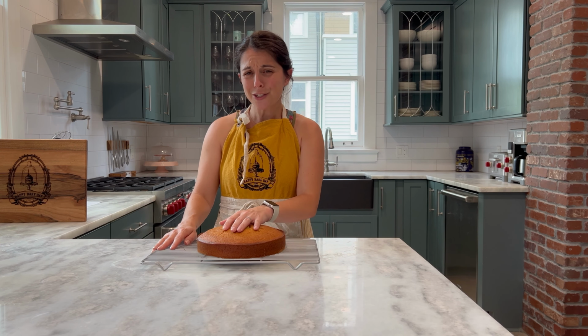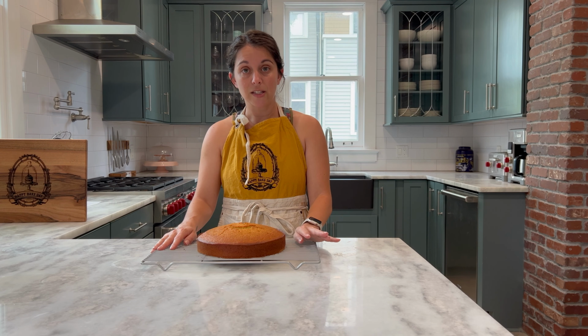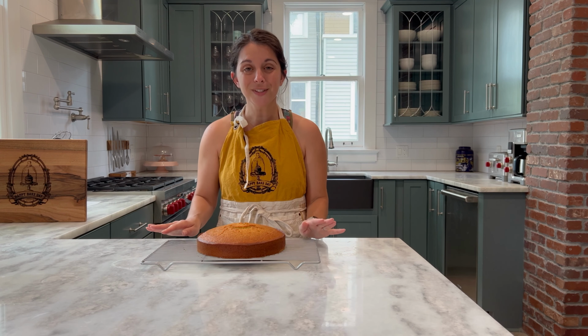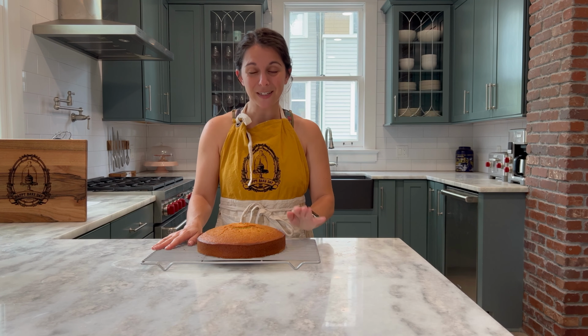My cake is still just a touch warm, so it's not time for our powdered sugar just yet. I do recommend waiting until your cake has completely cooled down before adding your powdered sugar. But you can dust a little bit of your powdered sugar on top right before you serve and it'll be